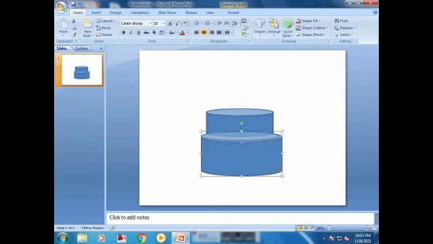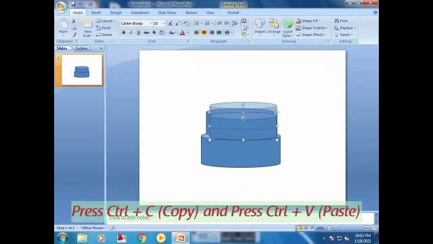Increase the shape size. Select the corner side button and increase the size.